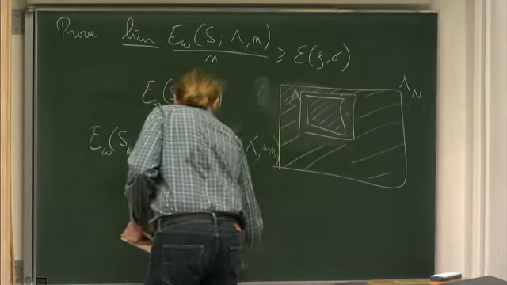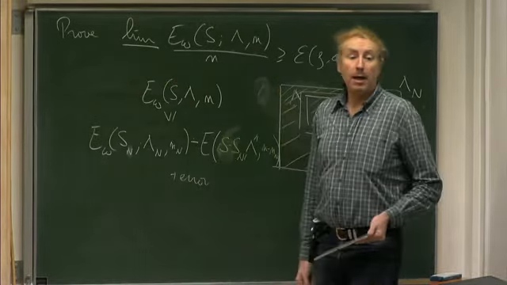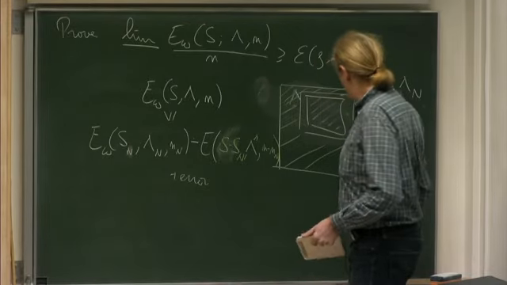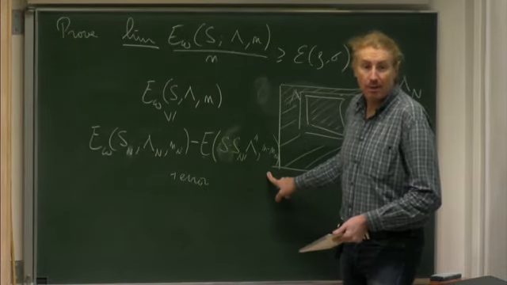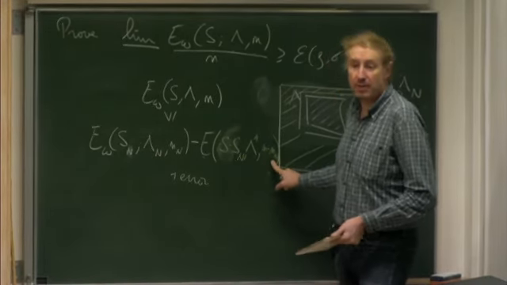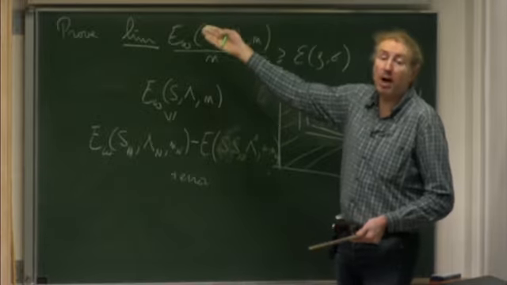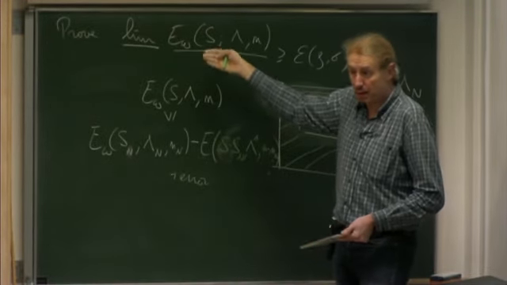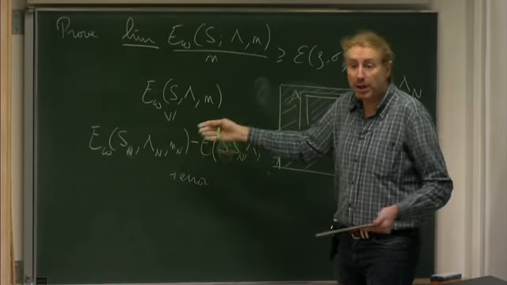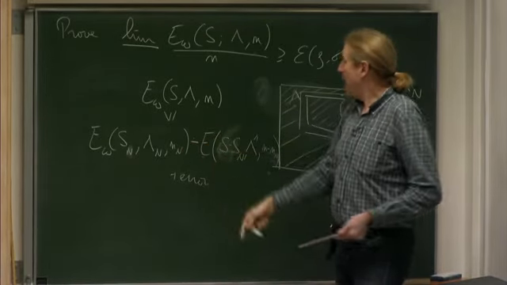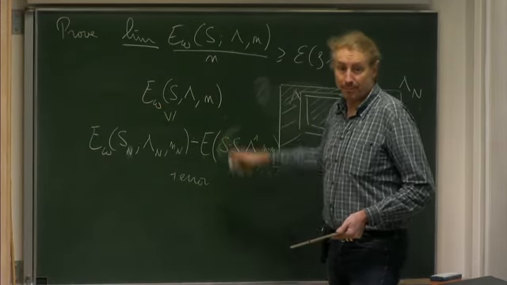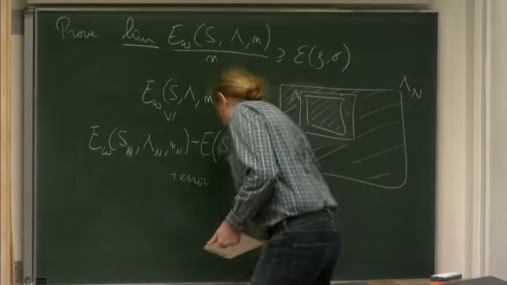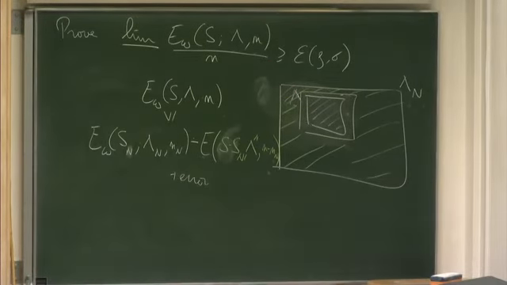And now, what I know is that if I divide this by n, or rather by this difference, it converges, because we already have the upper bound for the limsup for a general region. And so from this, I can get the lower bound here. That's the idea. So to make it precise,